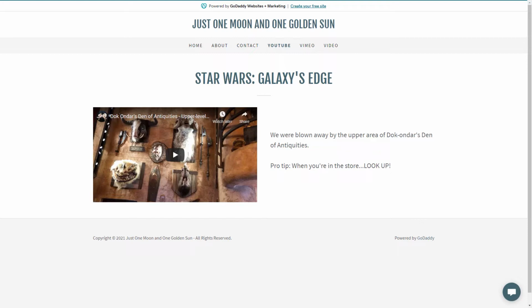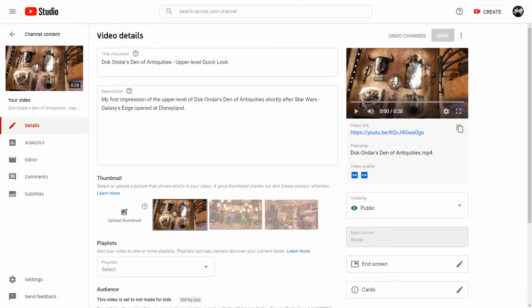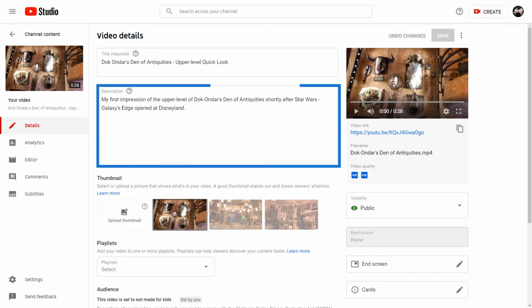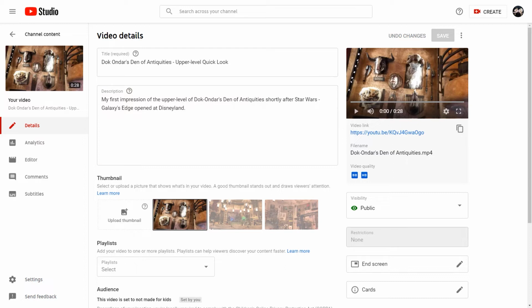Let's start on the details screen for a video that's already been uploaded to YouTube. The thumbnail image associated with your Google account displays on your YouTube channel by default, and also displays in the upper left corner of the video player on your web page. The title field displays across the top of the video player when it's embedded in Website Builder. However, the YouTube description field is only displayed on YouTube. The player also displays the YouTube thumbnail for your video.